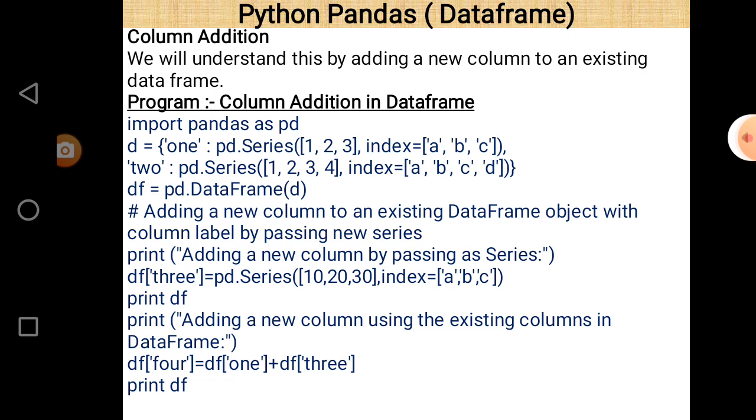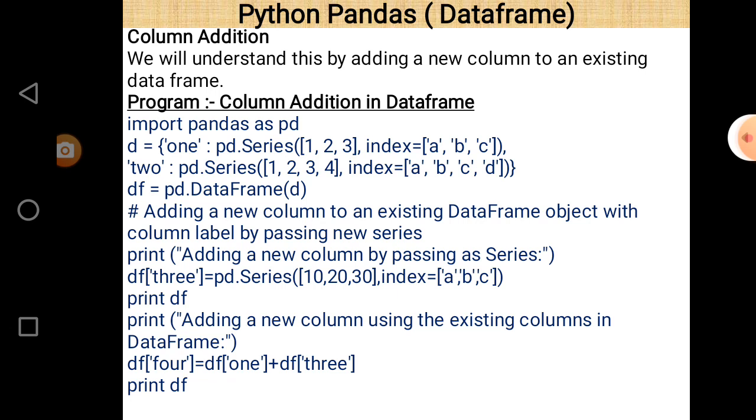After that, if we want to add a new column, just write pd.Series 10 20 30. Actually it is a column which we want to add in data frame df, and its column name is 3 because it is assigned to df[3], and index positions are again a b c. After the execution of the statement we find a data frame which contains another column named 3.